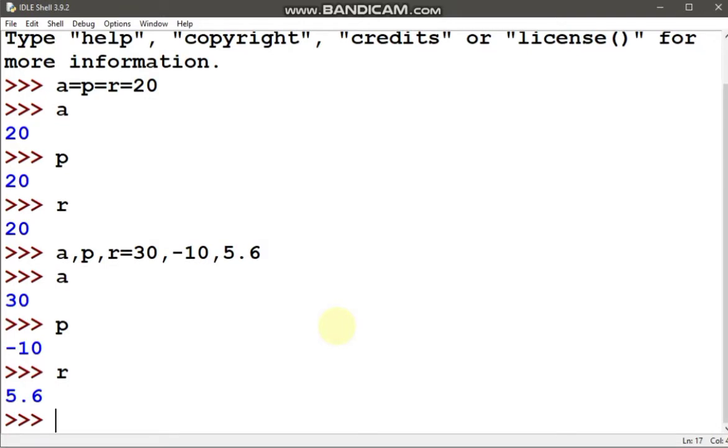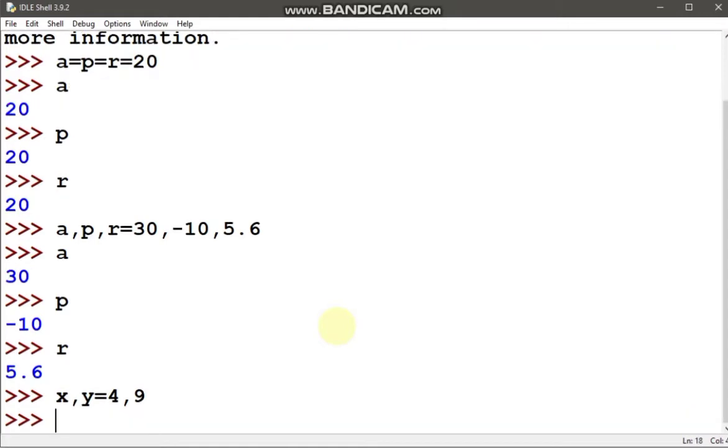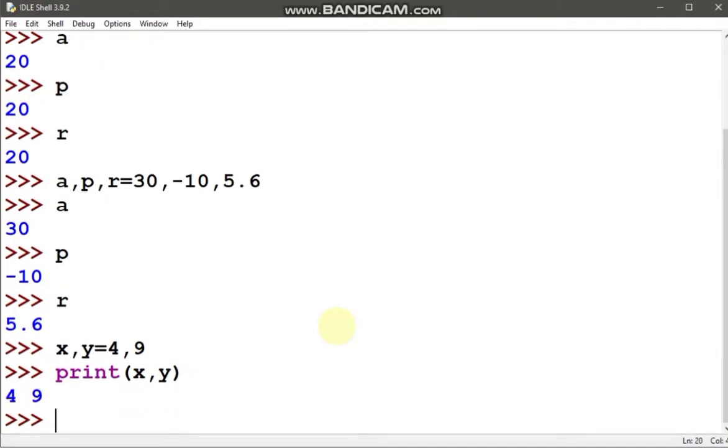Now let us see how to swap two values. Let's take two values x, y is equal to 4, 9. So the value of x is 4 and y is 9. Now let us print it in one single statement, x, y, and you get the values of x and y as 4 and 9.